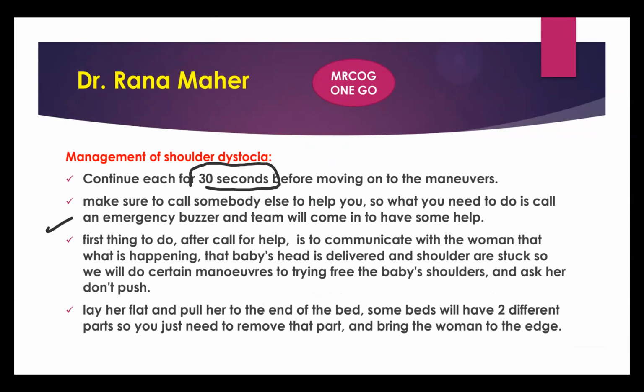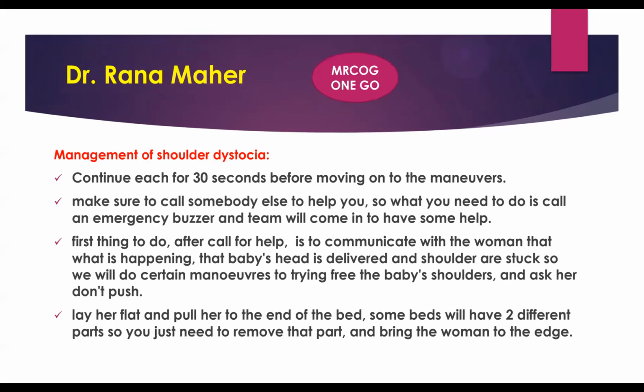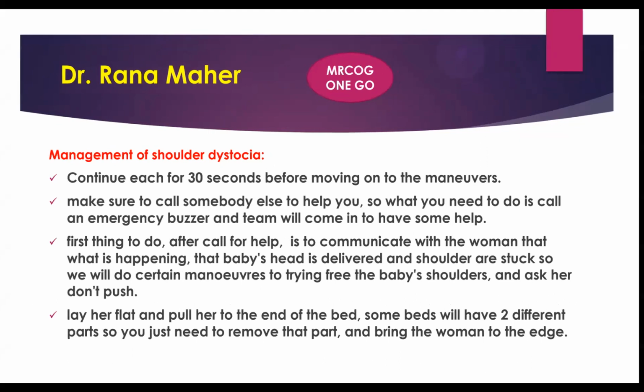especially the nurses, just to document what will happen and at which time and which shoulder is delivered or which shoulder is the anterior. For example, the anterior shoulder is the right shoulder. So if this baby comes after that with Erb's palsy, I know this shoulder was affected because of the shoulder dystocia. Okay? I will go speak with the mother, ask her to lie flat, remove the pillow, don't push, come to the edge of the bed. So this is your job with the mother.